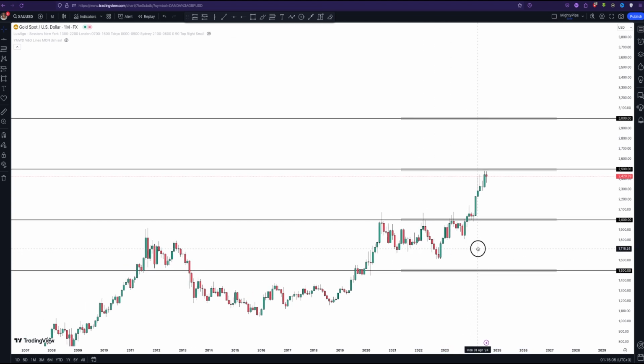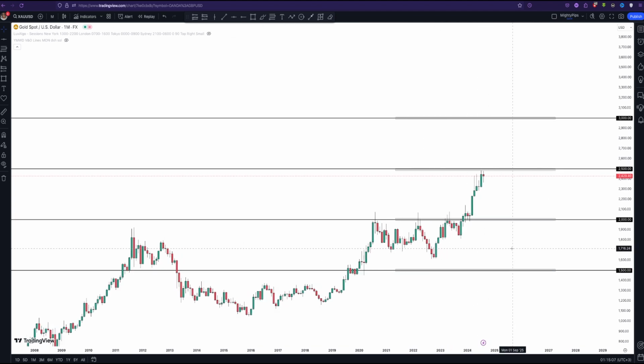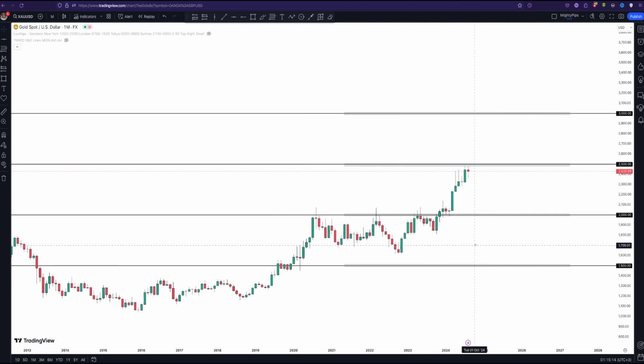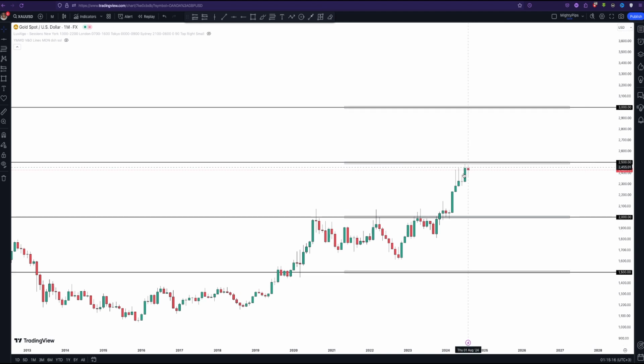So this is the monthly chart. These are the psychological levels on the monthly chart. What I want you to do now is look at the price action on the monthly chart. Where is the price? Price action has come into this psychological level, and you can see it's now producing this bearish candle here around the psychological level. So we might expect gold to sell off a bit, back down to the weekly level,